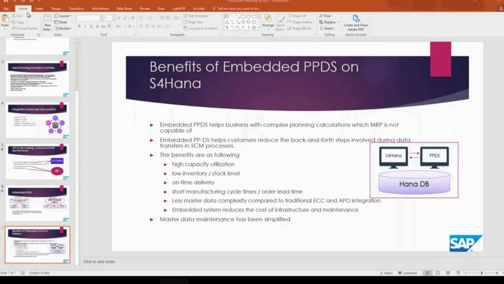Once your setups are ready, usually the moment you create some transactional data, it gets integrated to PPDS immediately. For example, if I want to create a material master, I will go to transaction code MM01. In MM01, I take industry equal to mechanical and material type FERT. The moment I create a material here,